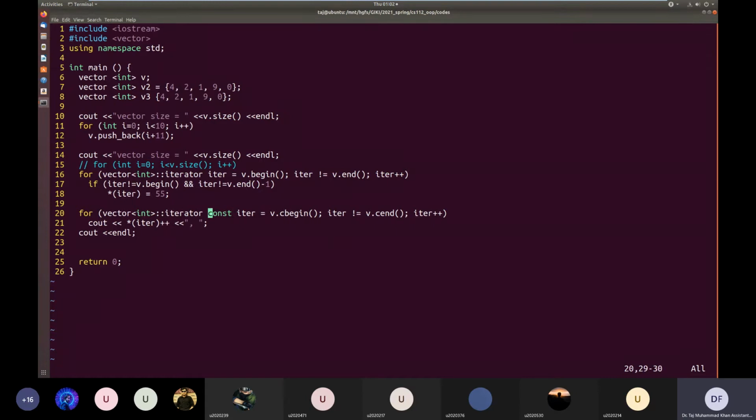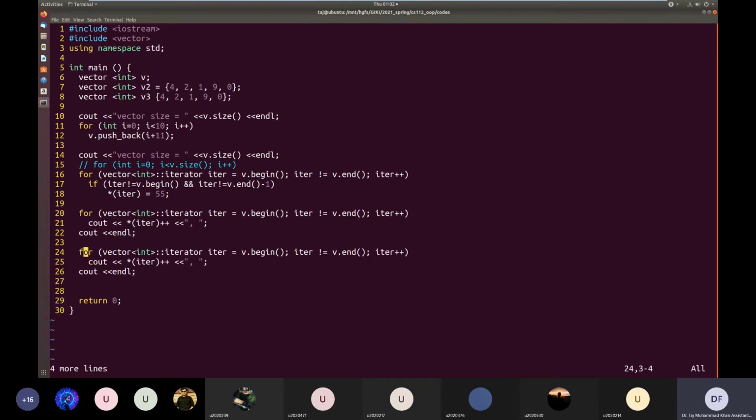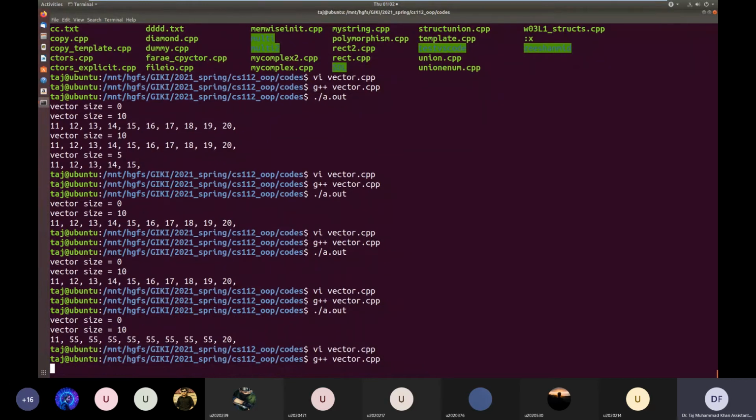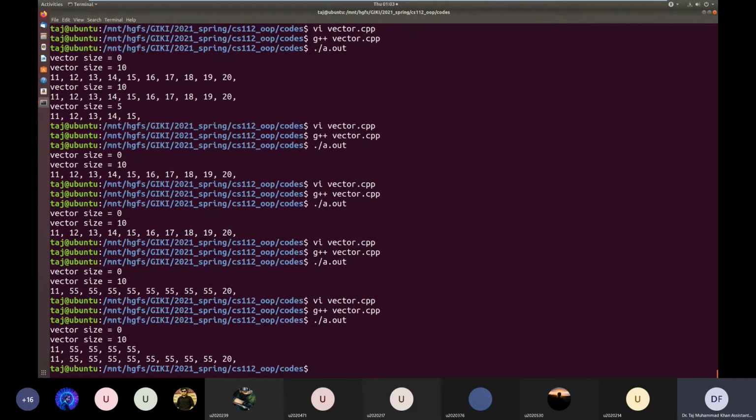First let me do it without const, just to show you that it does not detect the error and the value of the vector gets changed. Let's print it again to see that the value gets changed. Something went wrong.